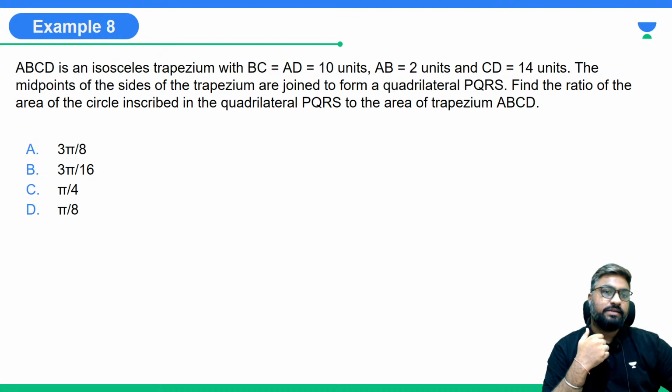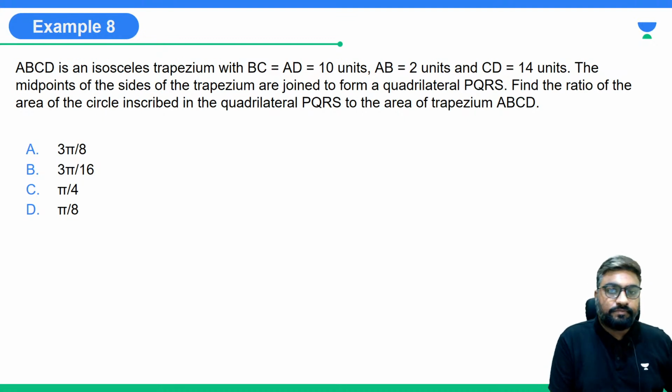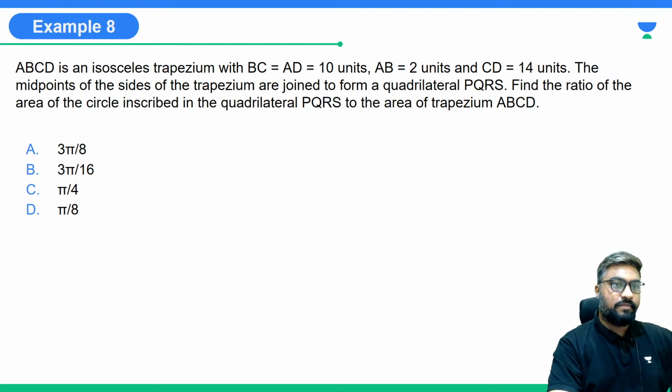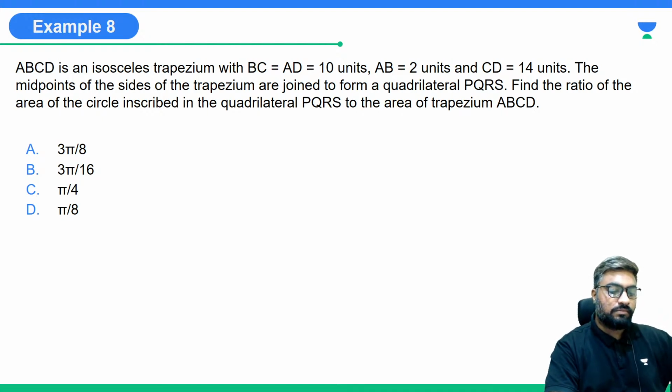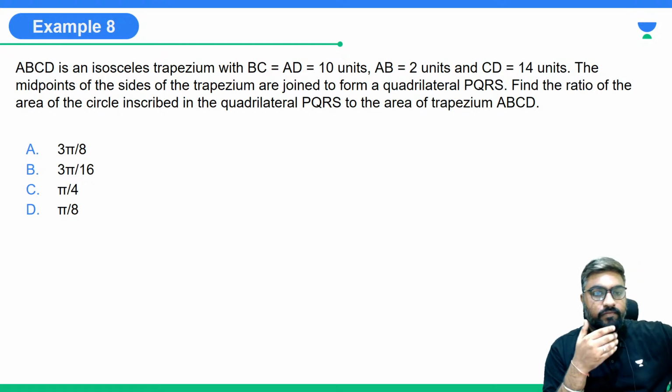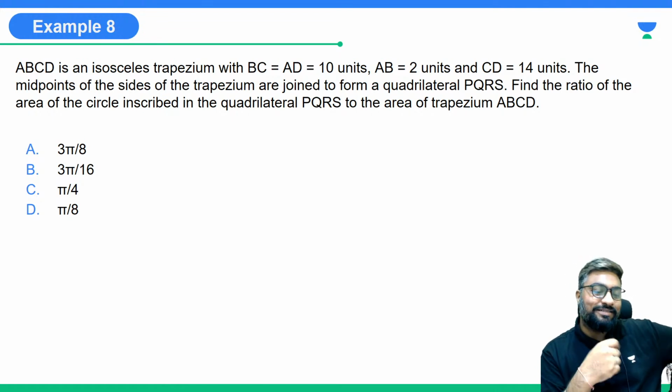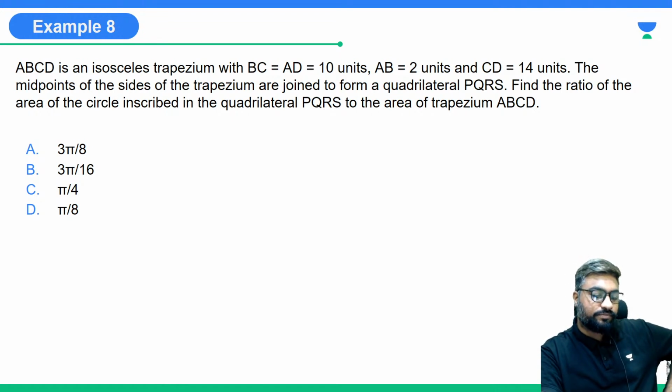Try this. ये हमने नहीं किया है ना, we haven't done this. का डायग्राम बनाने में प्रॉब्लम हो गया मैं चलो कोई नहीं, ट्राई करो।